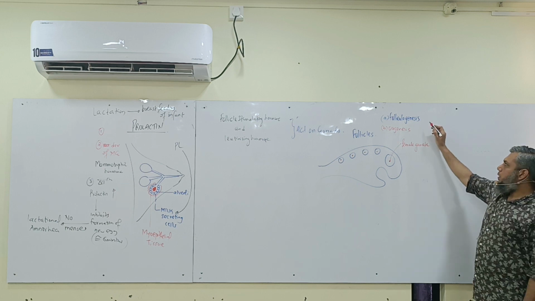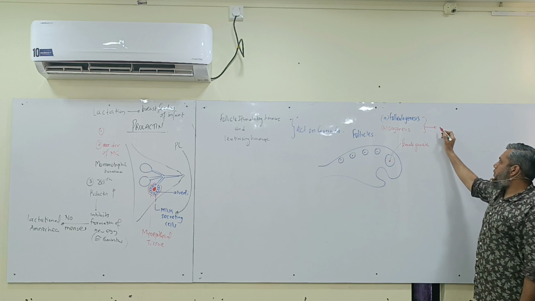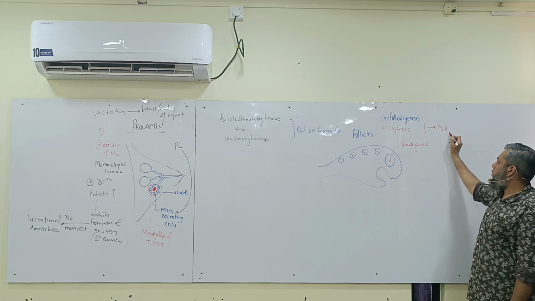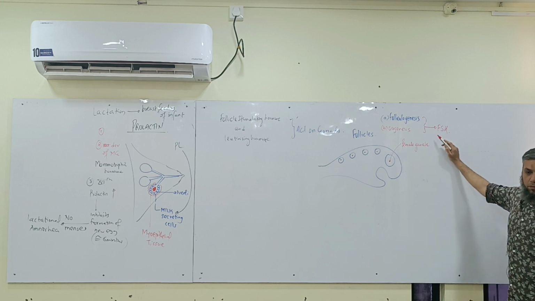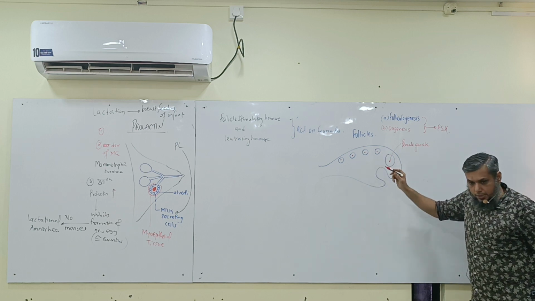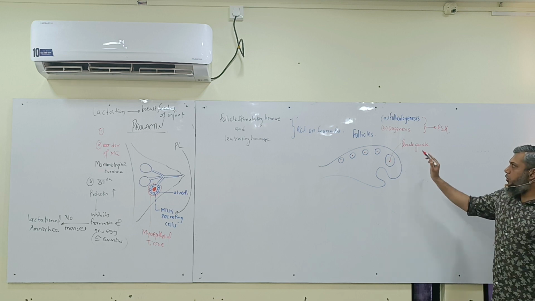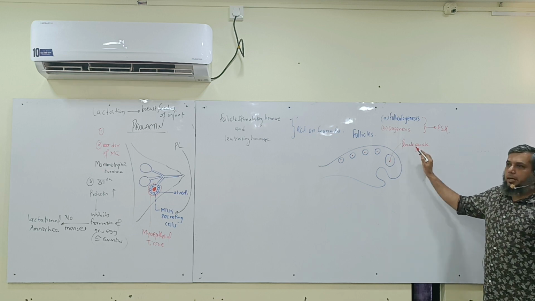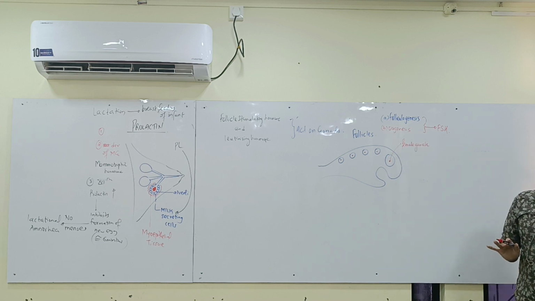Okay. These two processes are under the influence of which hormone? FSH. So the name of the hormone is follicle stimulating hormone. It is going to act on the follicles, stimulate their growth, and also helps in the formation of the female gamete, which is called oogenesis. Is it conceptually clear?